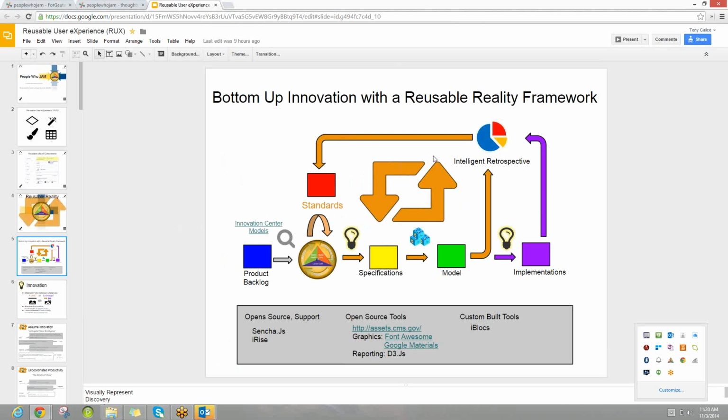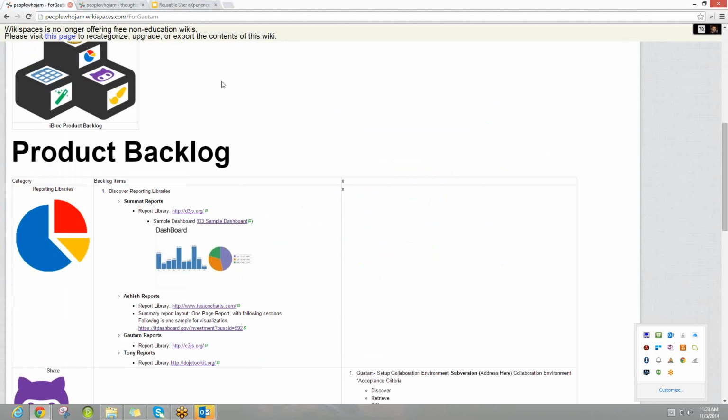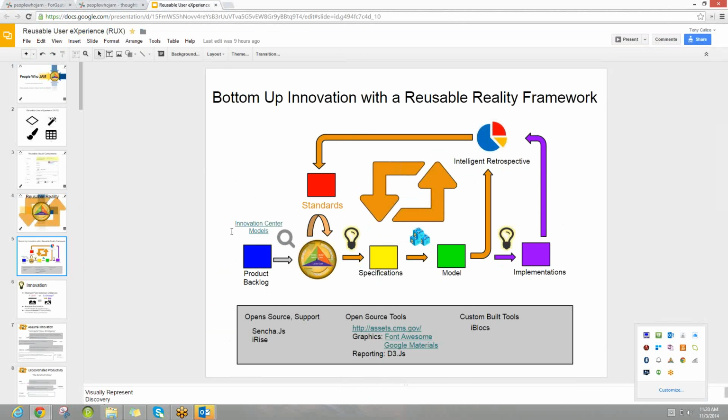What this diagram means right here. When we start this work, and this is the frustrating part of the project, we will have no intelligence standards to begin with. We know that they exist. We know that they exist because I just showed you them on this page. But we haven't had any experience with it, so this is the frustrating part because we're going to kind of